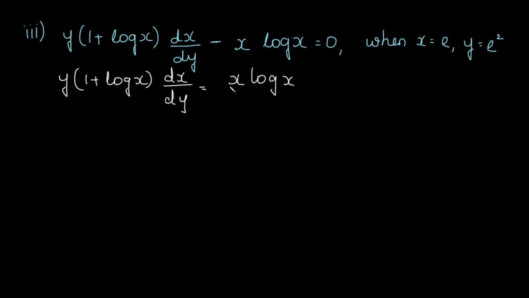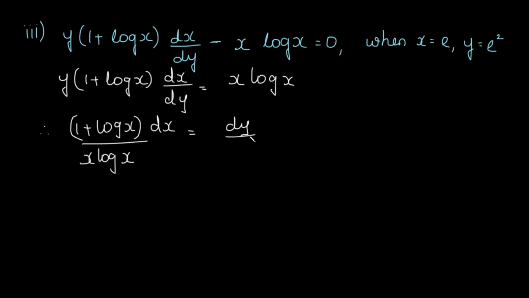Now we take the x containing terms together and the y containing terms together. That means we separate out the variables, and therefore we get 1 plus log x dx upon x log x. As you can see that x log x term has come on the LHS, and on the RHS y upon dy goes and it becomes dy upon y. Now integrating both the sides,